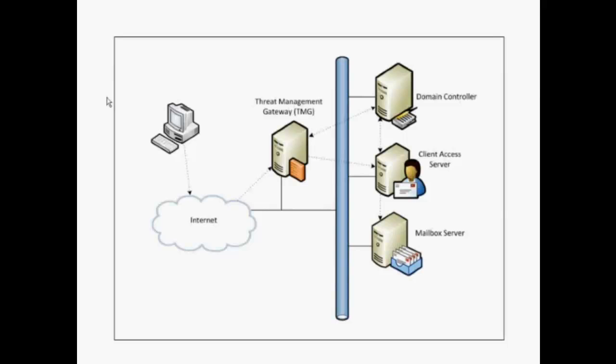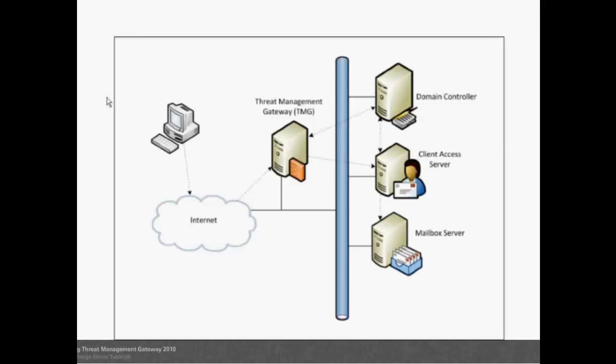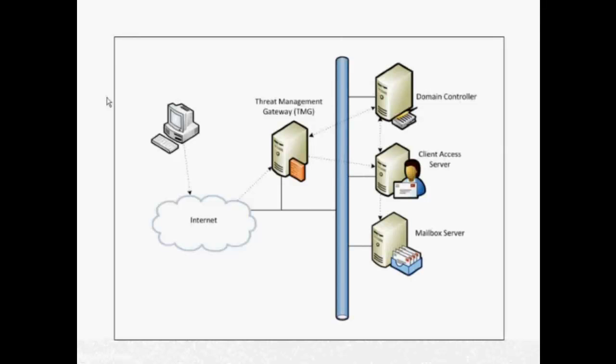The Threat Management Gateway is typically installed in the demilitarized zone. Please note that in this environment, the TMG server is connected with only one connection to the DMZ. So how do we configure this? First, we have to create a web listener on the TMG server. This is the part which listens to the actual 443 port on the network interface. Then we have to create a rule that publishes OWA to the internet.